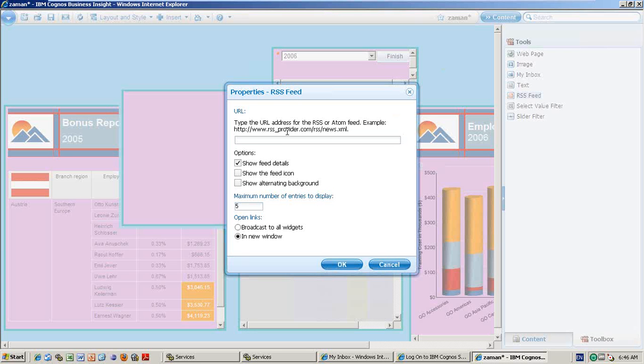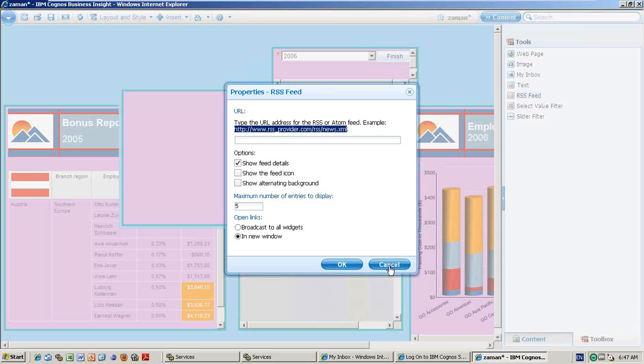Say for example, it's an XYZ company. So www RSS provide XML company, then RSS news.xml. So that means your website people maintain the news feed in one particular XML copy. So you need to take that copy. So for example, if it is RVH Technologies, we can put www.rvhtechnologies, then rss.news.xml. So that particular path you need to give. So that means whatever the news items of that particular company will be shown in that URL. So that is what RSS feed is.